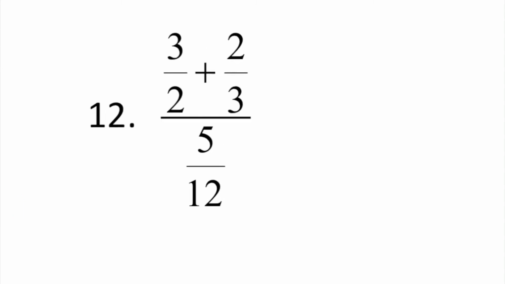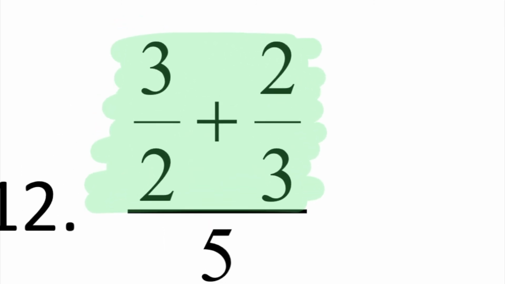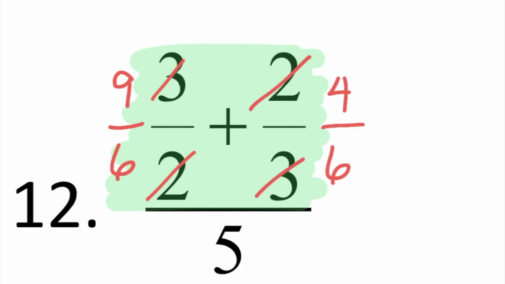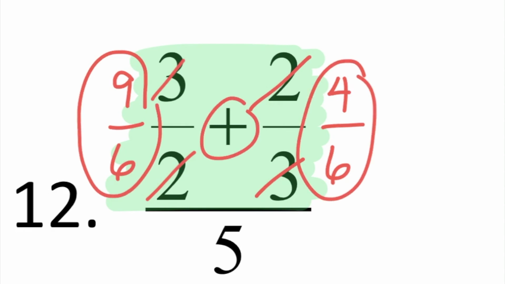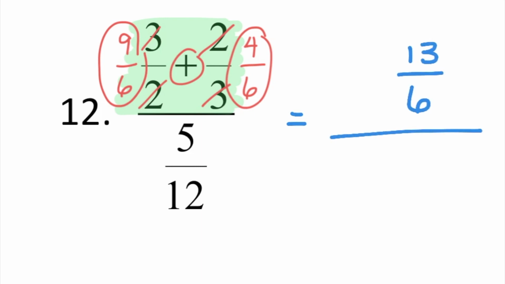And then in this one, your numerator is, again, an addition problem. And this time there are unlike denominators. So I'm going to use 6 as a denominator, and I'm going to change 3/2 to 9/6. And I'm going to change 2/3 to 4/6. So I'm adding 9/6 plus 4/6. And that way I get 13/6 all over